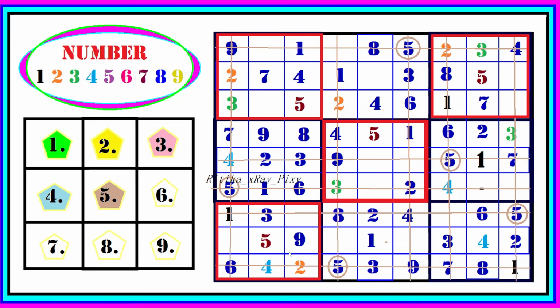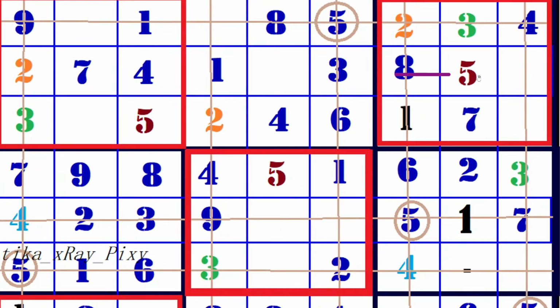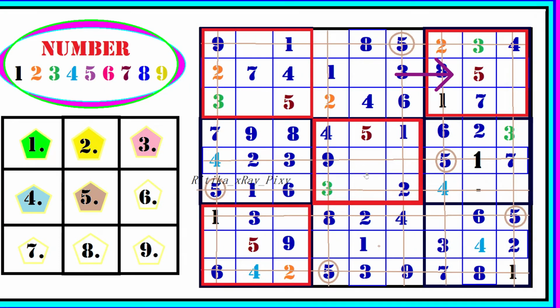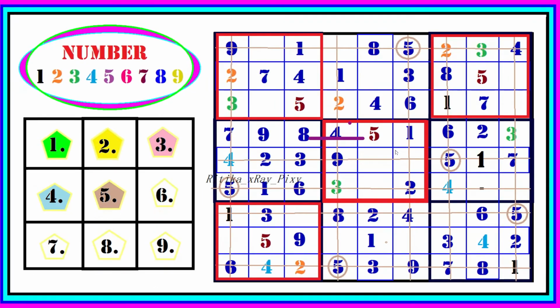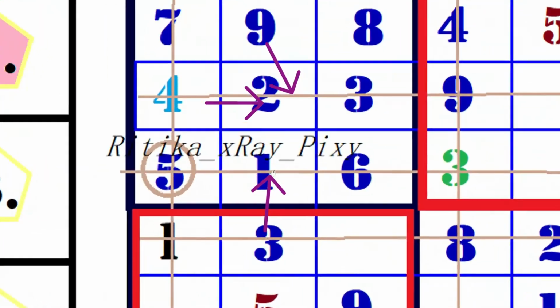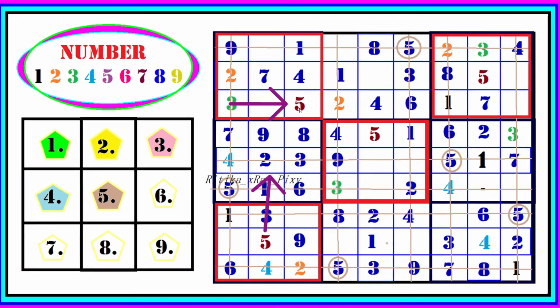Now place 5. So first check the blocks where 5 is already present, and then you can see the remaining blocks where we need to fill the 5: 1st, 5th, 3rd and 7th block. In the 7th block we have 1 location, in the 3rd block again we have 1 location, so place the digit here. Again in the 5th block we have 1 location, place the digit here. In the 1st block we have 1, 2 locations, but as you can see in the 7th block it is already present, so we cannot repeat the digit, so we have just 1 location.